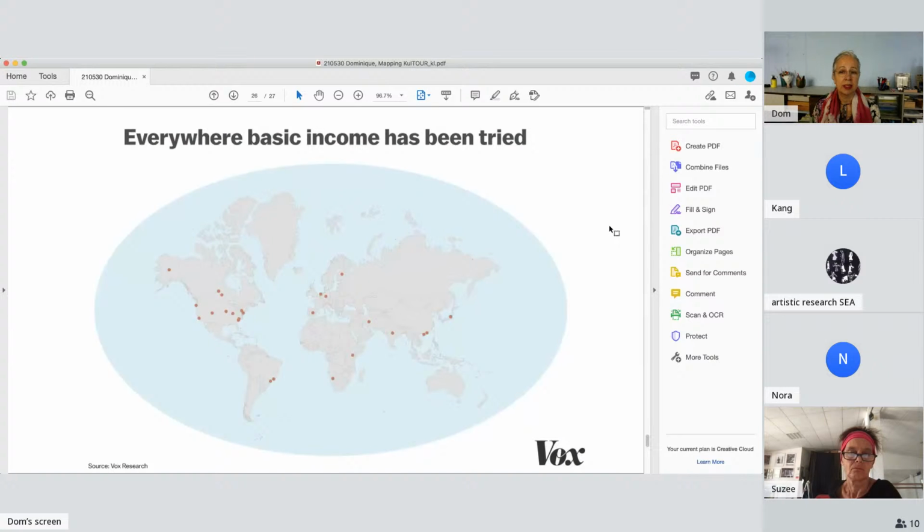experiments took place. There are now, because of the COVID situation, several countries or cities who try to experiment with it even further by involving artists into this experiment. So artists who don't earn any money at the moment, to try to see what happens if a universal basic income is contributed to them.